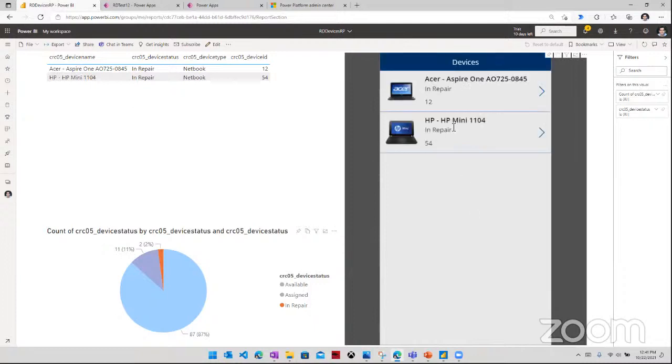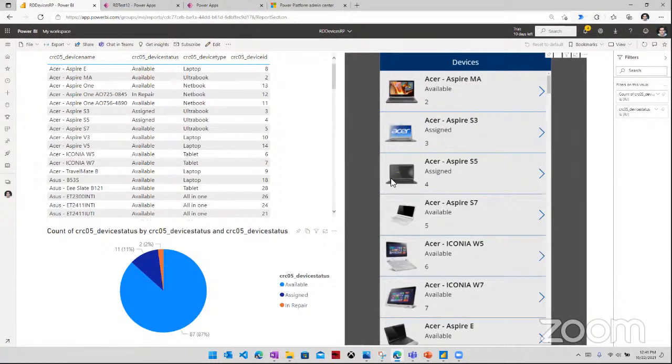And if I go back to my home screen now, I don't even see that option. Why? Because I've filtered my data based on in repair. If I move out of this, once again, everything changes and I can see that item right here at the top says is available. So what did we just do? We added the ability of the user to even make a modification to the data that they are visualizing in Power BI directly in the context